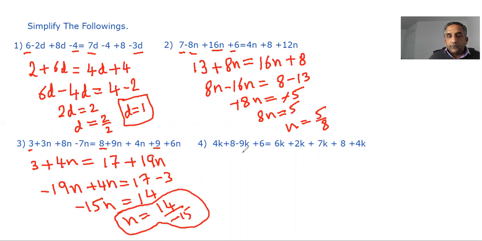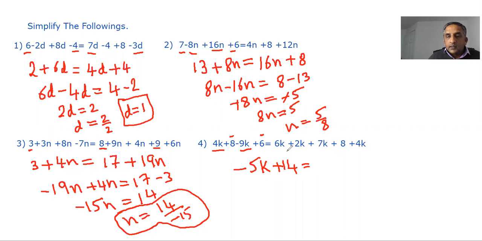Now question number 4. 4k and 9k, these are the two we can work out together. So take away 4k from 9k, we get minus 5k. And then we have 6 and 8 on the left hand side, we can add them. It will be plus 14